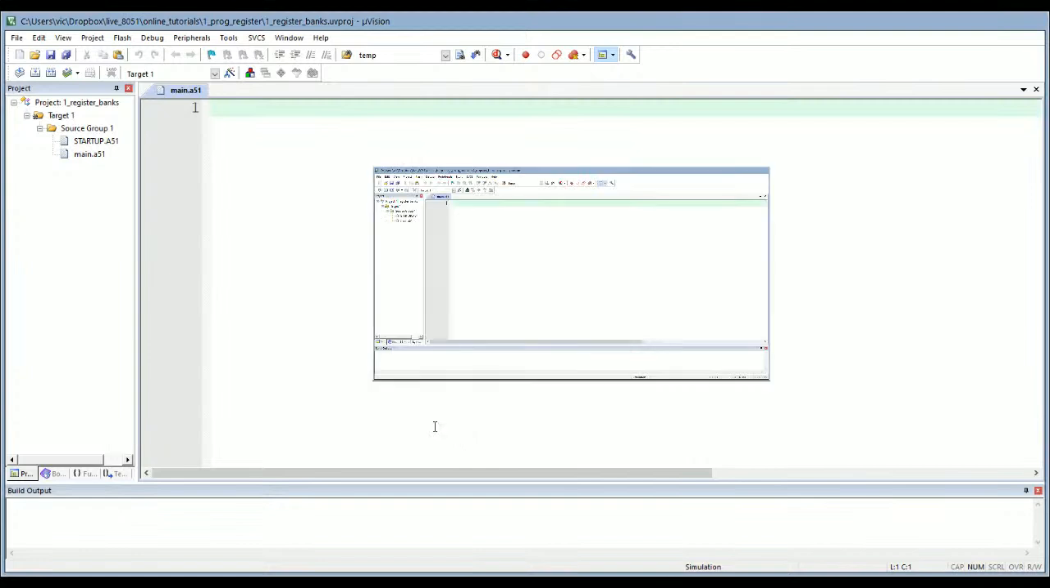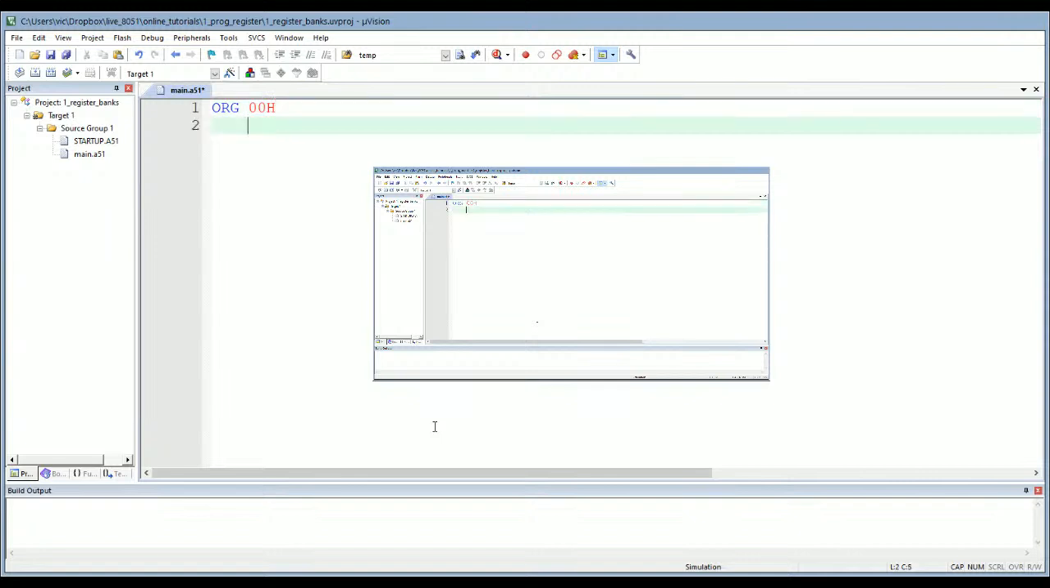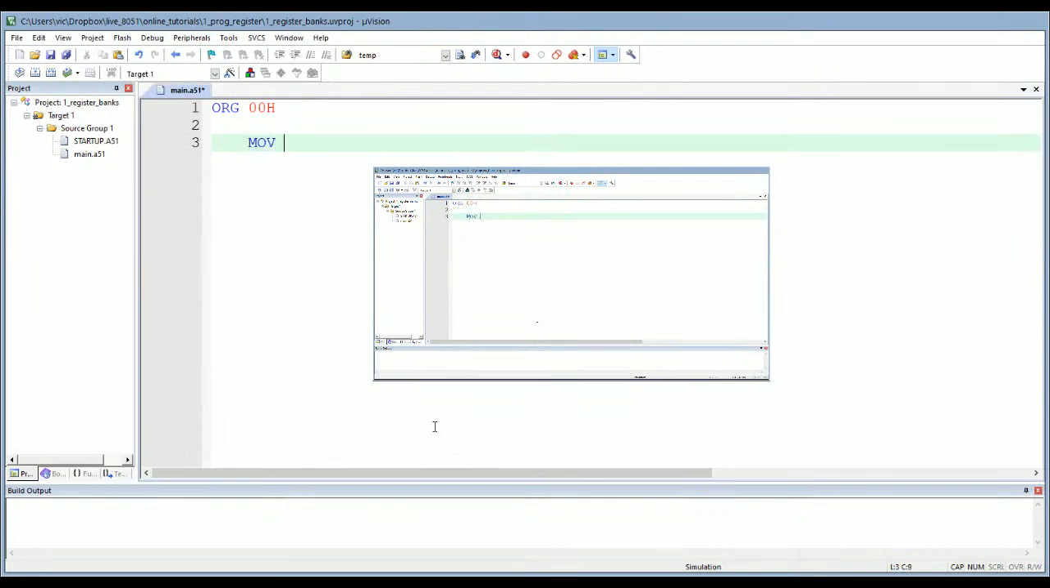So as I said, we start with ORG 00h. It specifies that at this memory location the program will start working. Now here we can also put a comment. So we are sending data to MOV R0, #51h. This 51 hexadecimal value will go to